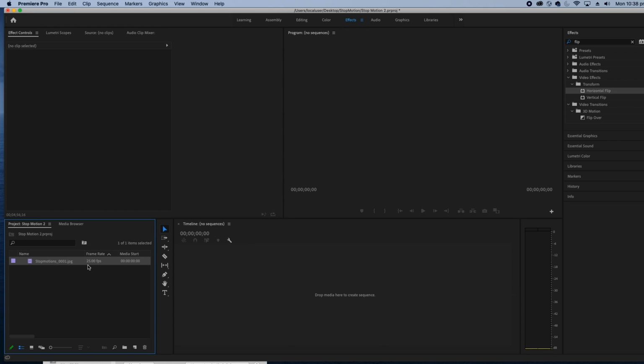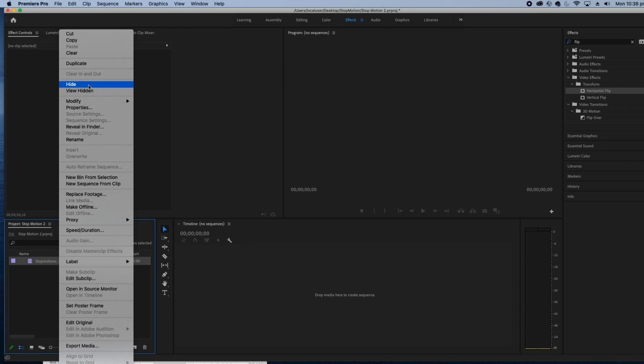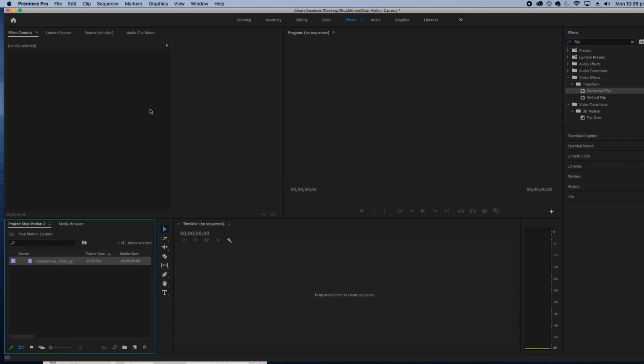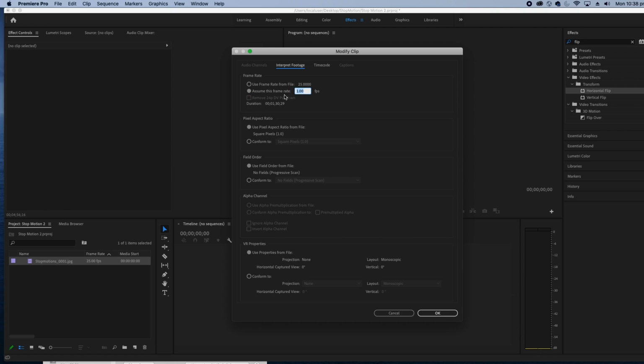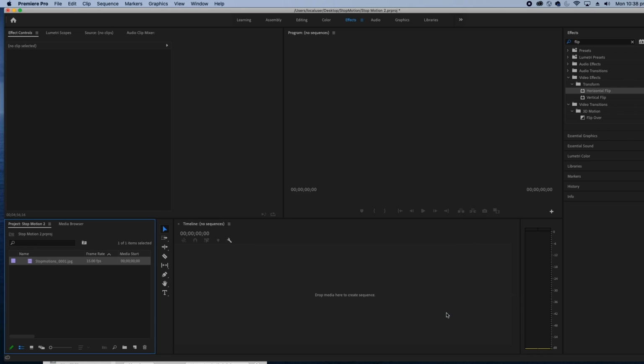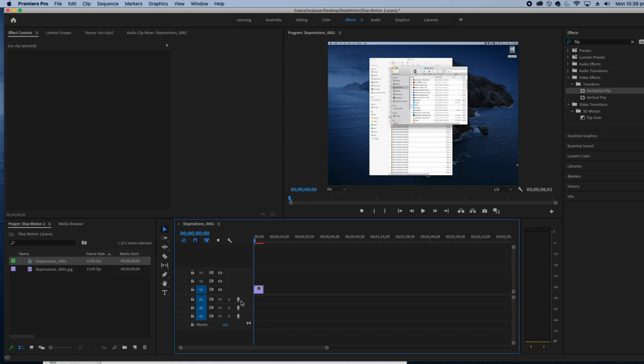Now you'll notice it's imported it at the frame rate of 25 frames per second. You need to choose what kind of frame rate you want. So I might right click this, go Modify, Interpret Footage, and say actually I want you to use the frame rate of, let's say, 15 frames a second. And click on OK. Now 15 frames a second is a standard for stop motion because it's half of 30 frames a second, which is NTSC. You can also choose 12 frames a second if you want to have film, but I think 15 frames a second works pretty well. So I'm going to click it and drag it in here,